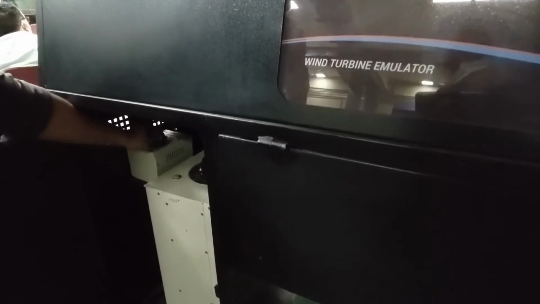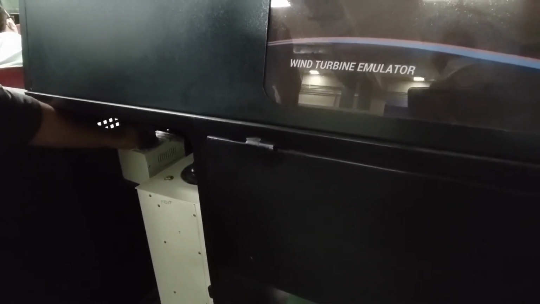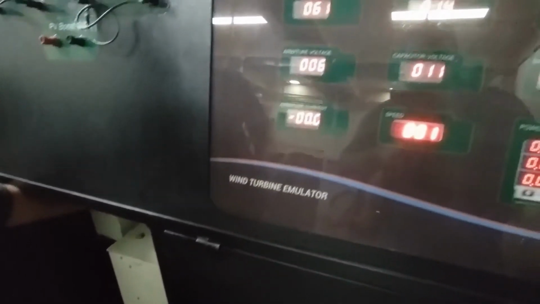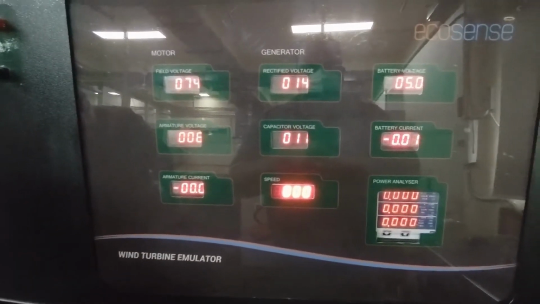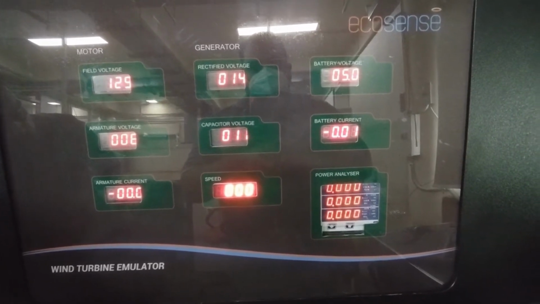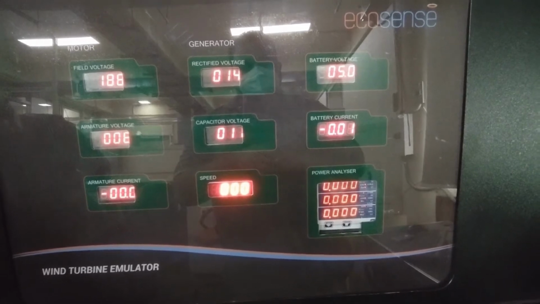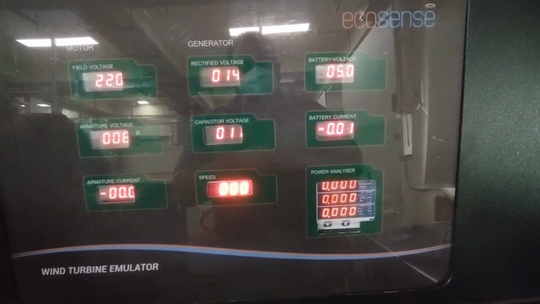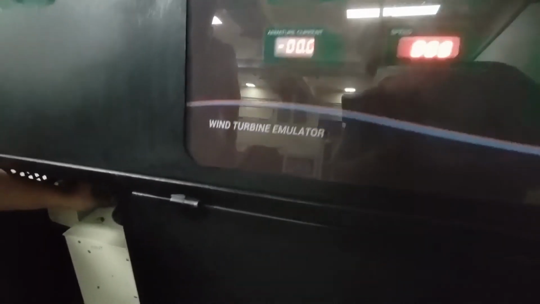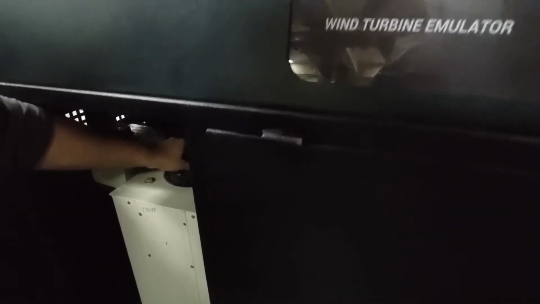Now to switch on the DC motor or the wind turbine emulator, firstly we will increase the field voltage and we will set this voltage to 220 volts. Similarly, we'll increase the armature voltage and set it to 220 volt using the auto transformer.